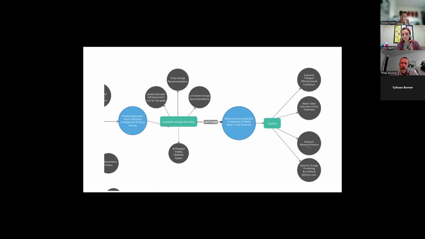Beyond traditional self-assessment, I also propose exploring the potential of AI-powered fidelity feedback systems. Given that many therapists are not adequately trained or graded on interventions and often lack useful supervision, AI could be a transformative asset. AI algorithms can analyze session recordings or transcripts, identifying key intervention elements and assessing adherence to protocols. This offers objective, scalable feedback, reducing human bias and providing critical insights, even when traditional supervision isn't available.